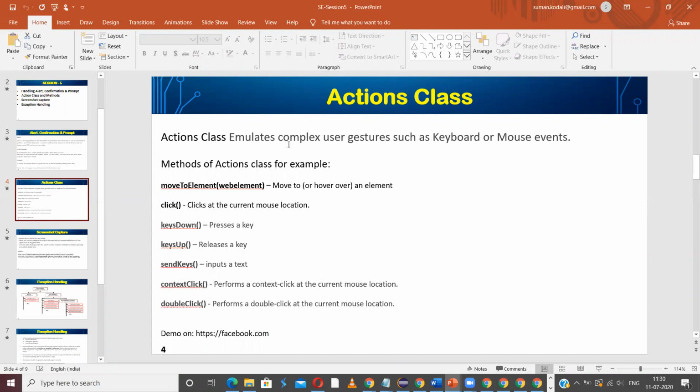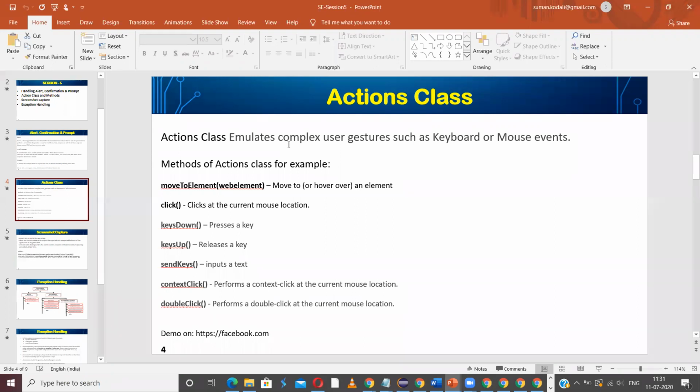Sometimes when you hover your mouse pointer over a particular menu item, then only the submenu items will be displayed. So what we are actually doing there, we are moving our mouse pointer, or hovering our mouse pointer, over a particular menu item so that it will display submenus. So how to do this?